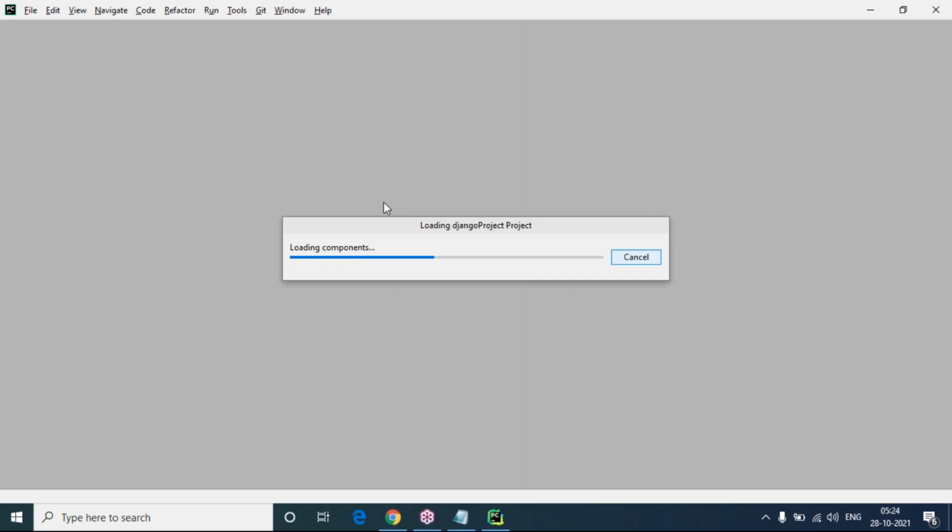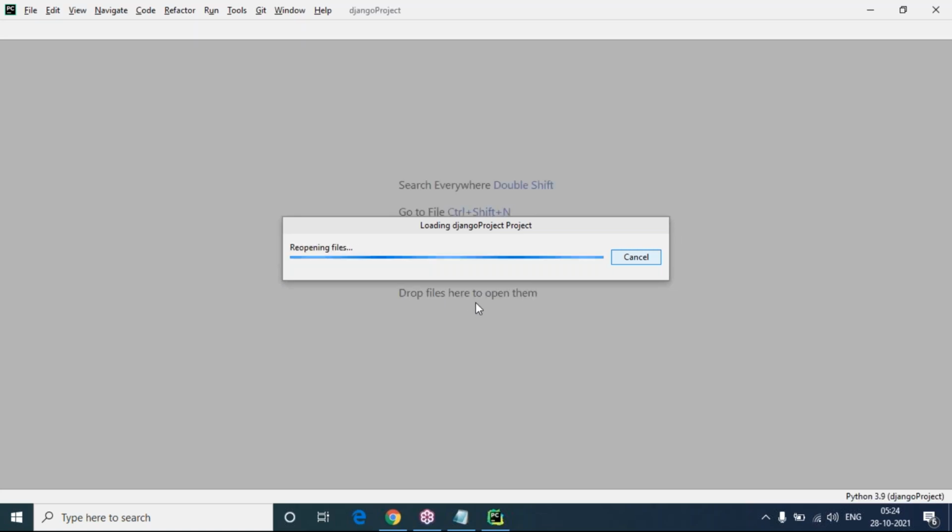Now you can see it is loading the project here. This is the previous project. So observe carefully how to create a new project along with an application using PyCharm Professional Editor, without passing any commands in the command prompt.